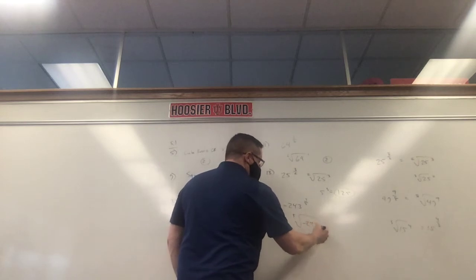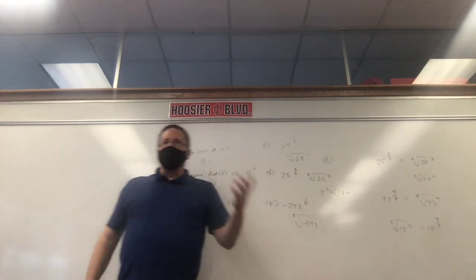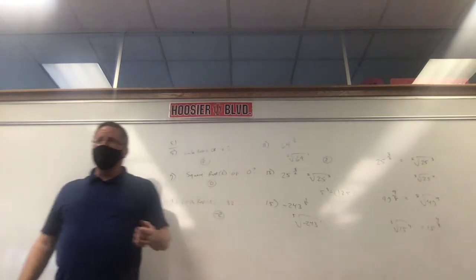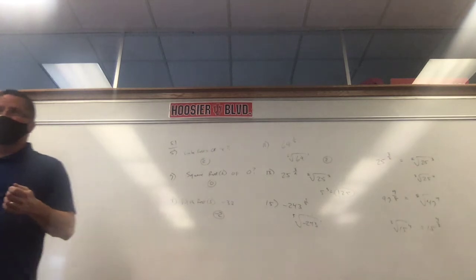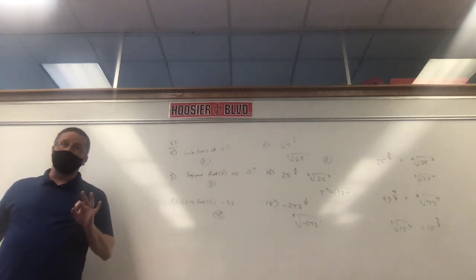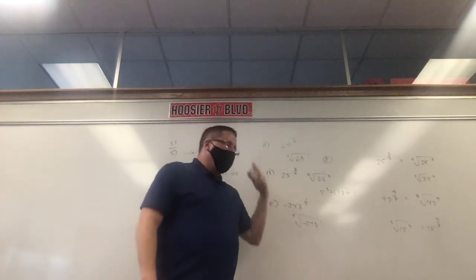Negative 243 to the first. You don't need that one. I mean, negative 243 to the first is negative 243. The 5th root, can I take the 5th root of negative 243? Can I do that? Yes, we can. We can take the odd roots of negatives. What we can't do is take an even root of a negative. Okay? So, what times itself